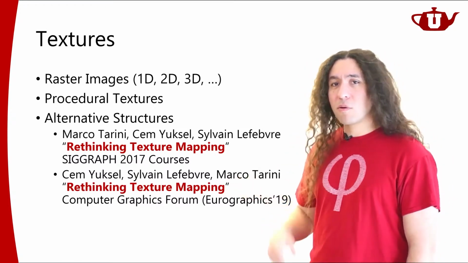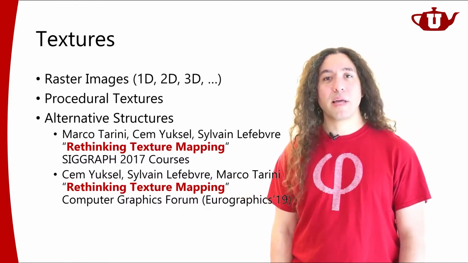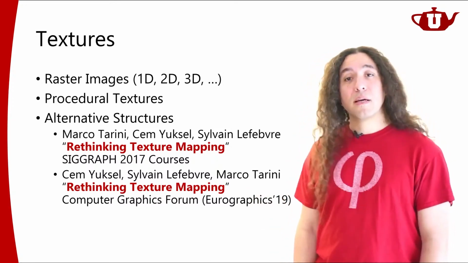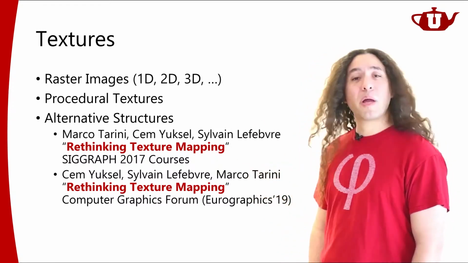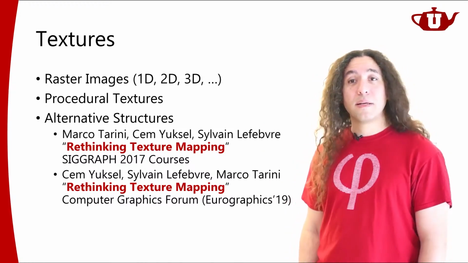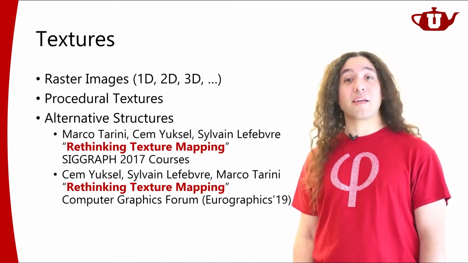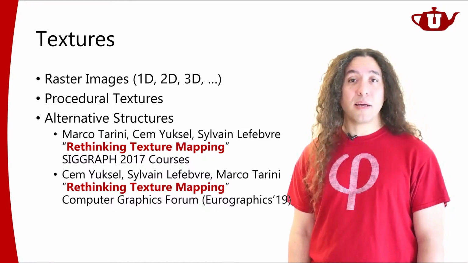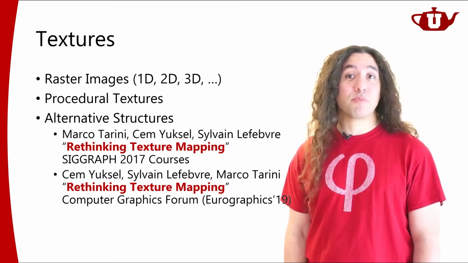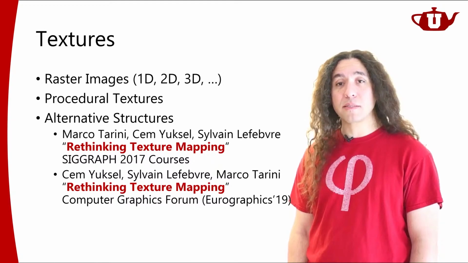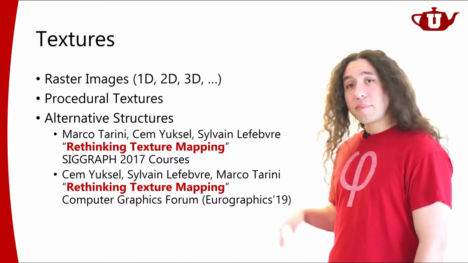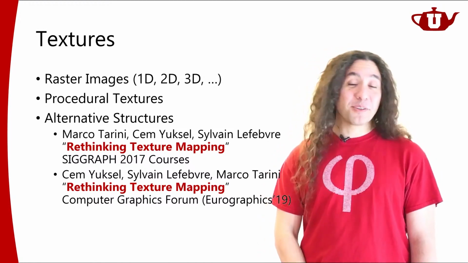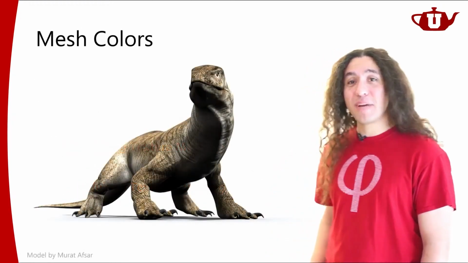So I did some exploration on that with two of my colleagues. We gave a course at SIGGRAPH 2017 on this, and then a follow-up paper, and then presented at Eurographics. Here, this is like a survey paper, and we're talking about different alternatives to texture mapping, just rethinking texture mapping. Different alternatives to texture mapping that try to address some significant practical problems of texture mapping in computer graphics. But the one among them that I like is my method. And there are very good reasons for liking that. That is called mesh colors.